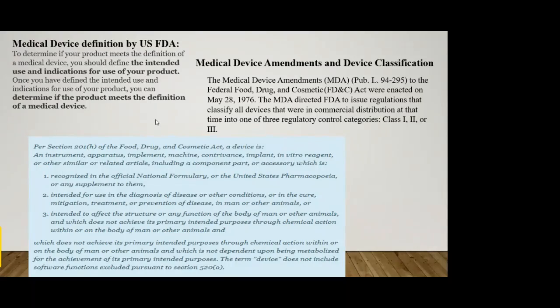So we start with medical device. What is a medical device? A medical device is defined by the US FDA as the following. This is the primary definition. Okay, so it's intended for diagnosis of disease, other world will focus on what is the intended use or indications of your product, and thereafter make sure that your